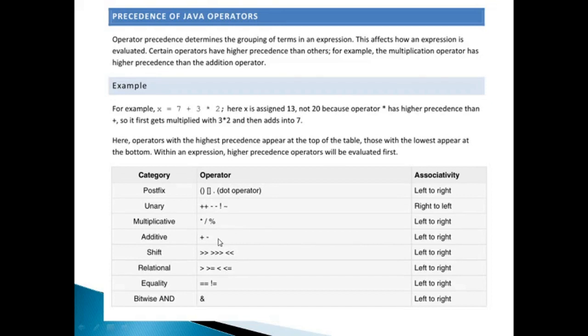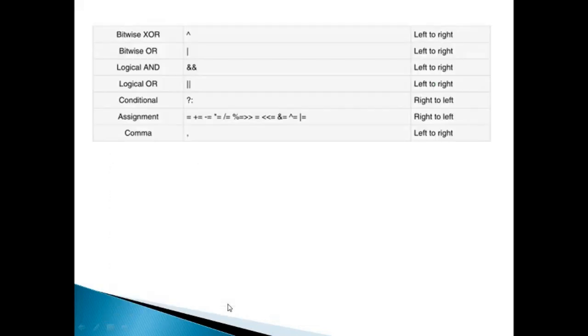Then the additive and the shift operators, relational, equality, bitwise AND, bitwise XOR, bitwise OR, logical AND, logical OR, conditional, that is the ternary operator which we discussed some time back, and then the assignment operators and the comma. So this is the whole precedence level of all the operators, and at the same time it also shows the associativity.